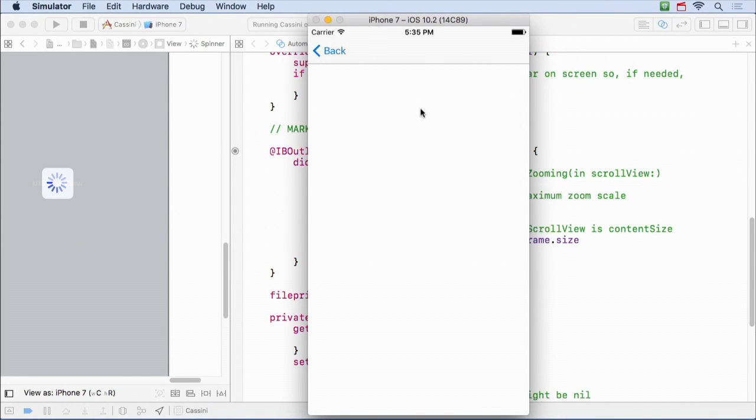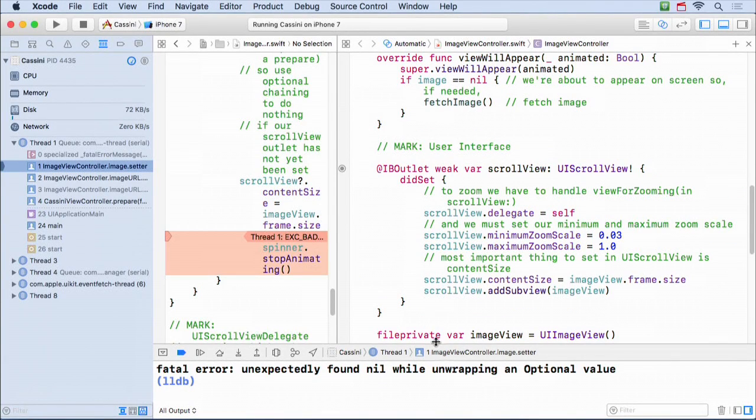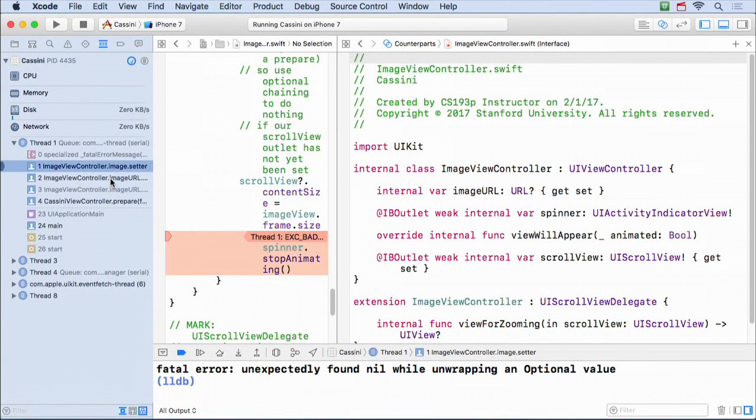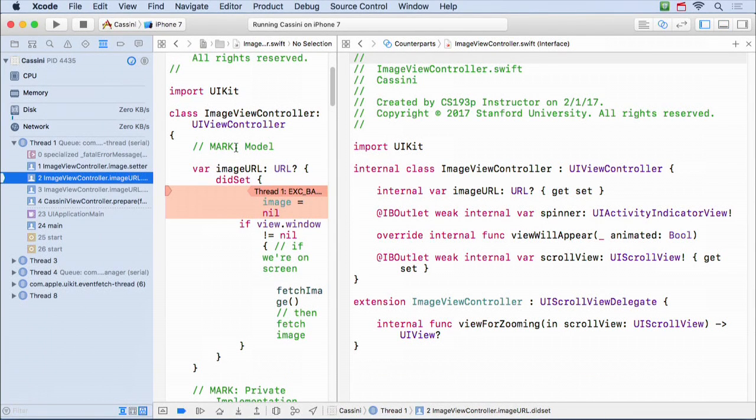See, now look, this came up. It's blank, but it's not spinning because I haven't asked for anything yet. So I'll go back here. Now I'll ask for earth. Oh, it says nil when doing optional value. Oh, that's not bad. What happened here? Oh, okay. Yeah, good one. All right, so this crashed. Why did this crash? Why did we have a problem here?